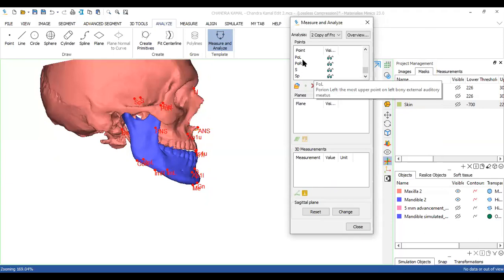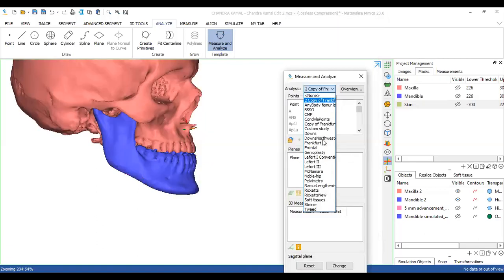So initially, if you were seeing, they were all coming in a highlighted color. So I'll just show the comparative analysis for the one that I've performed. Now I'm going to click here. For one section, you can just perform once.